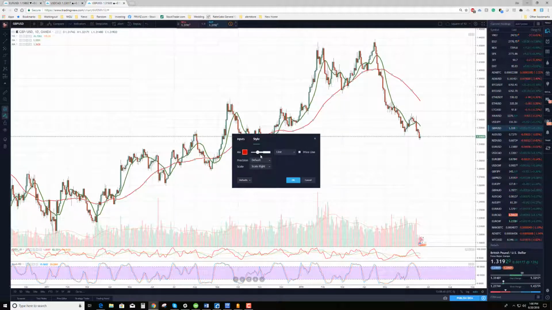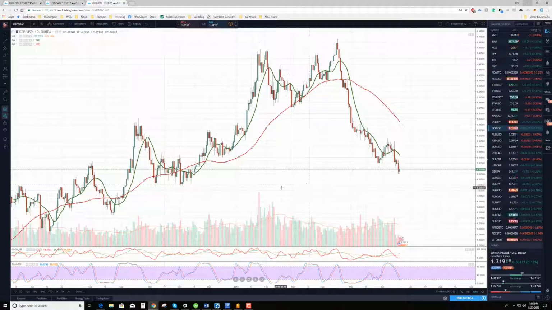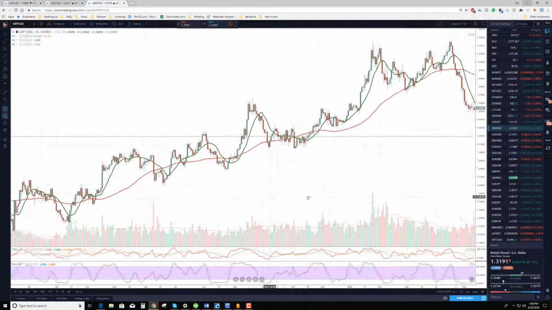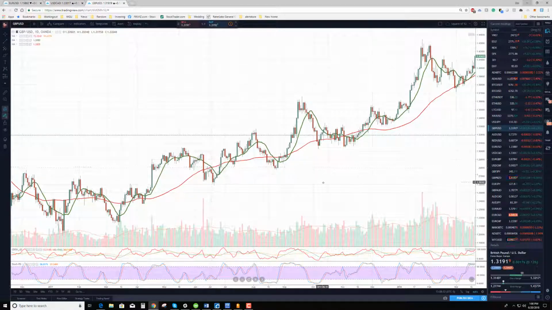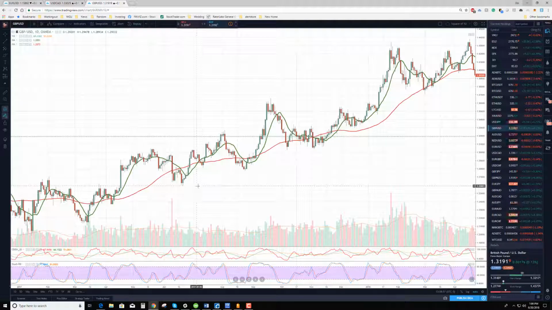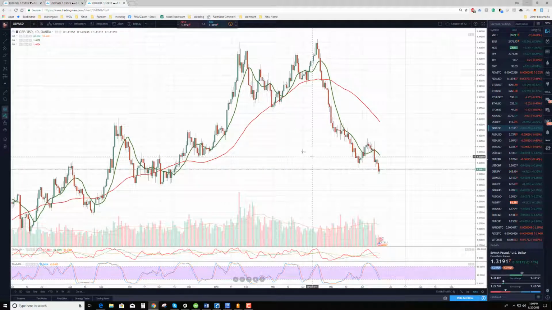If you're a profitable Forex trader, that means you've been in the market long enough that you made this stupid mistake too, where you thought crossover systems were effective. Because a moving average crossover system teaches us that when the fast line crosses above the slow line, that's when we take a buy.